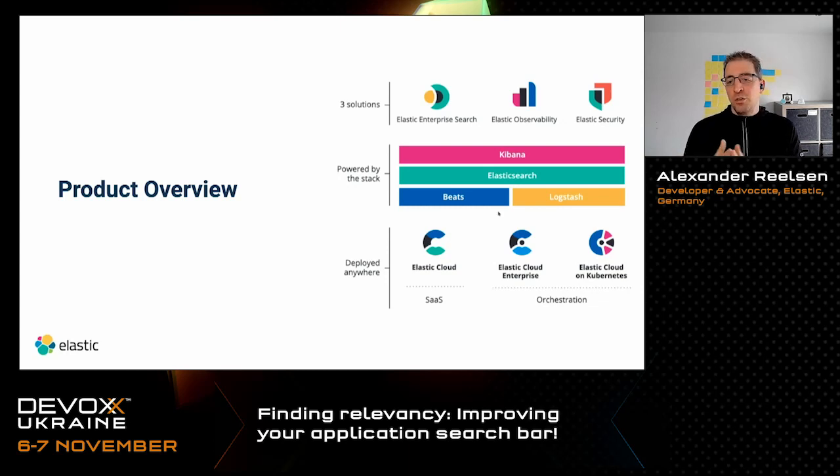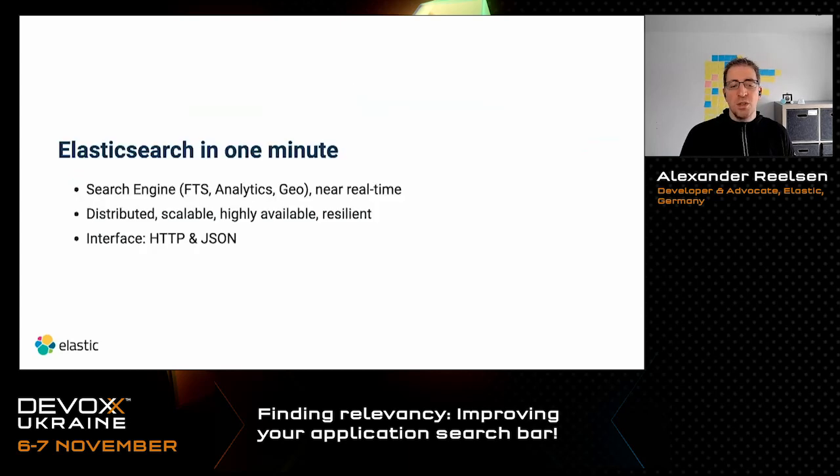And there are basically 3 specialized solutions on top for specific use cases like security, observability, and enterprise search. Enterprise search being those kind of searches in your intranet data if you want. Observability, the classic logs, metrics, and traces use case, but with much more underneath, and security being the security use case for endpoint security and security incident event monitoring. Yeah, you can deploy this in different ways, like software as a service or a Kubernetes operator or running it yourself. The interesting part here for us today is only Elasticsearch and Kibana.